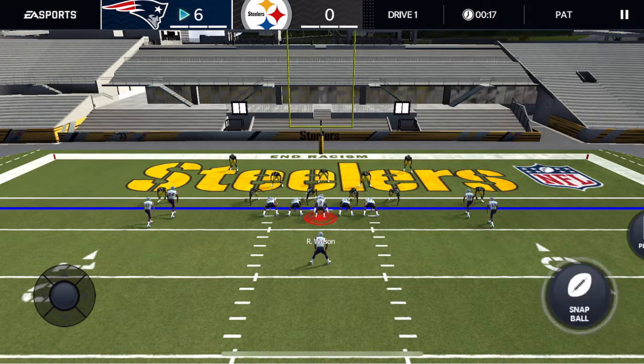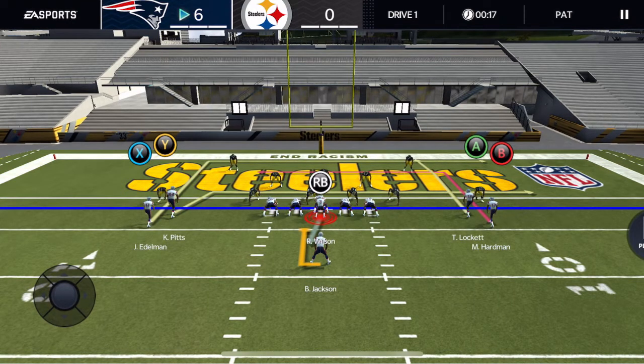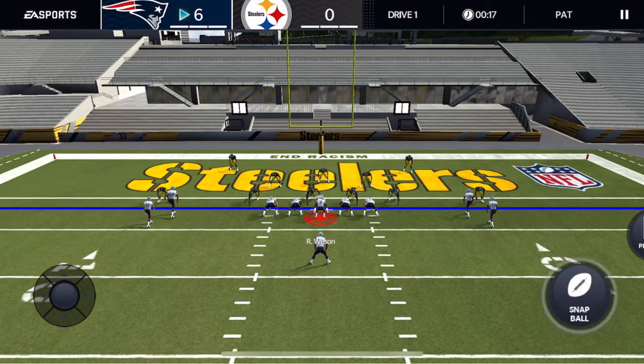Now, of course, you have to be wary that the play action doesn't fool the defense, doesn't take a stride off the defense, and you get instant pressure. In the case when you get instant pressure, you might just have to get rid of this ball as quickly as humanly possible to Pitts underneath and just try to hit him quickly on his drag. Technically speaking, I like to be moving my quarterback backwards,